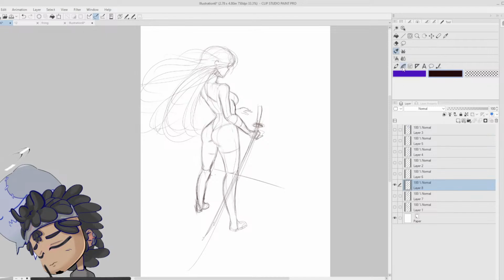Okay. Now let me fix the sword. The sword looks kinda janky. It looks funny as hell. It's kinda janky jank. Just get a dude. Okay. Let me